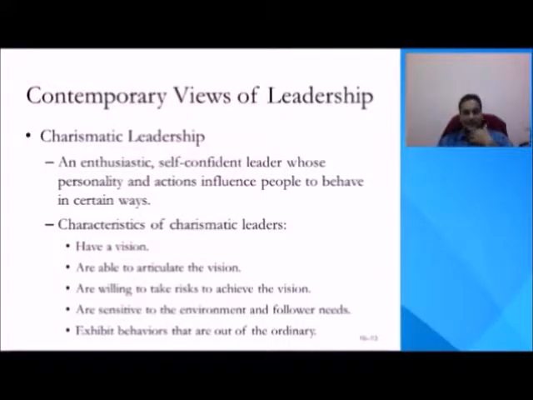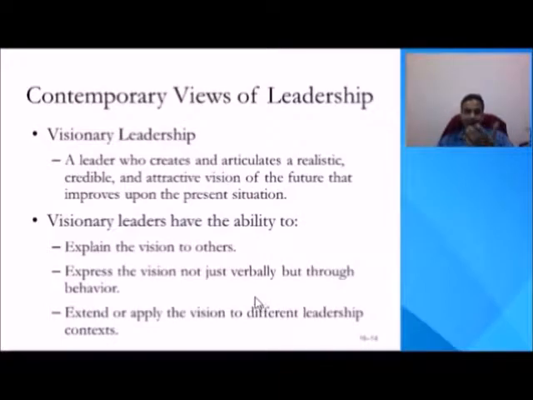Visionary leadership, on the other hand, again, there is a lot of charisma in visionary leaders, but essentially they are able to provide a big vision for the organization. So a leader who creates and articulates a realistic, credible, and attractive vision of the future that improves on the present situation. So you are able to give a long-term view, or a long-term picture, or a long-term goal to the company, and you are able to sell that to your followers. So the visionary leaders are able to explain the vision to others,